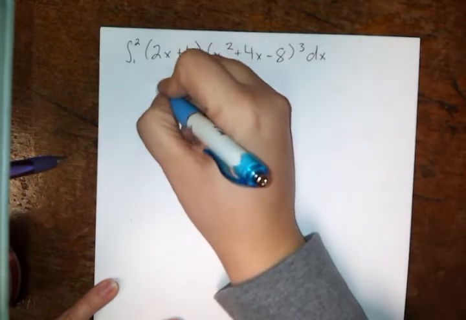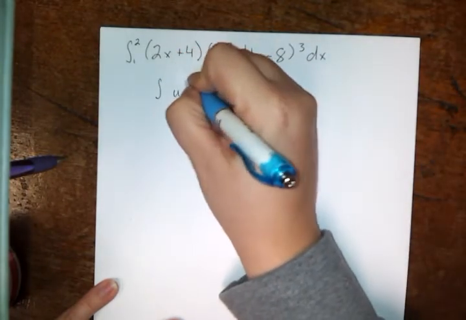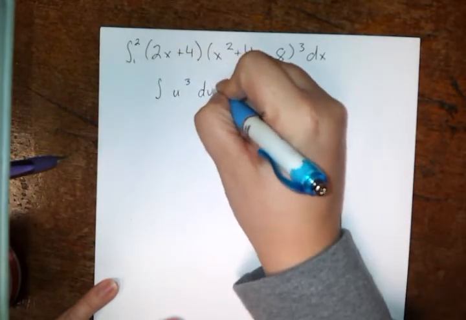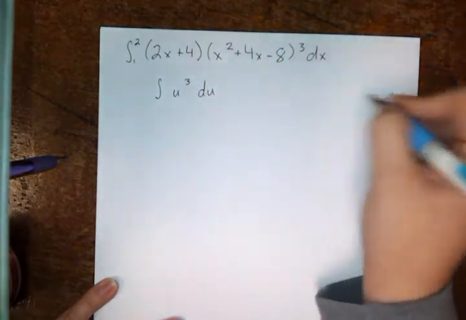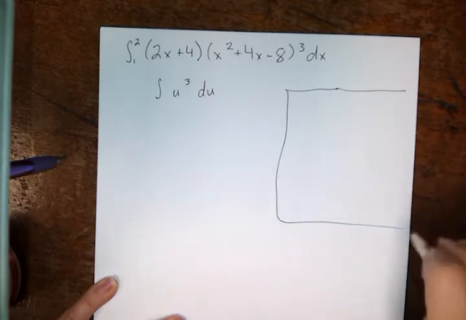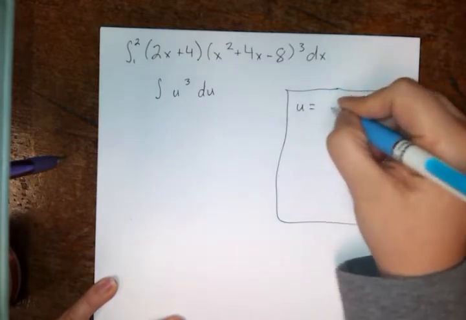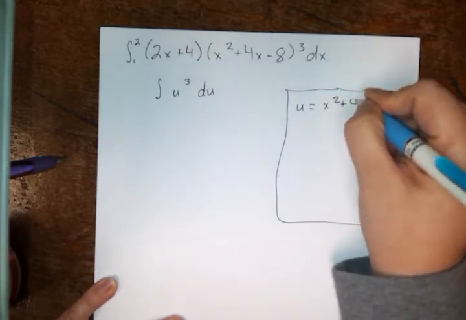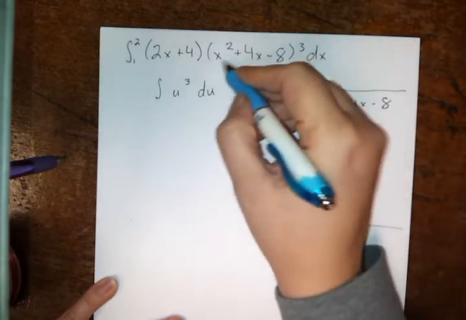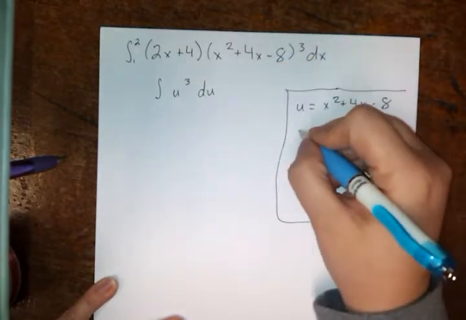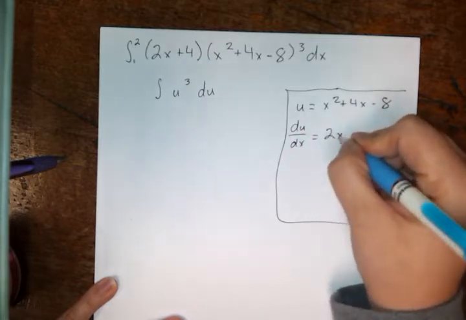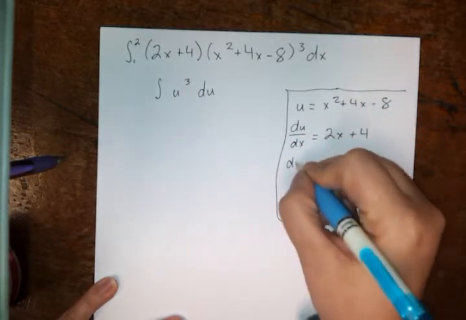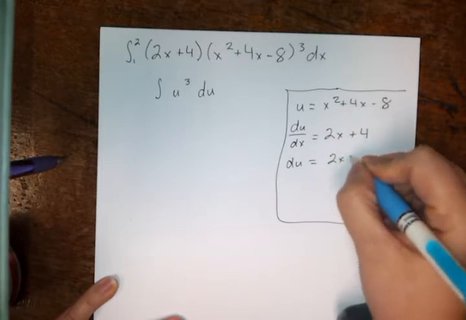Okay? So I'm going to choose to rewrite this as u to the 3rd du. I've got this here to the 3rd power. It makes sense for me to try to do that. I'm going to block this off here. That gives me my u equals x squared plus 4x minus 8, just what I was raising to the 3rd power. The derivative of that with respect to x is going to be 2x plus 4, so du equals 2x plus 4,